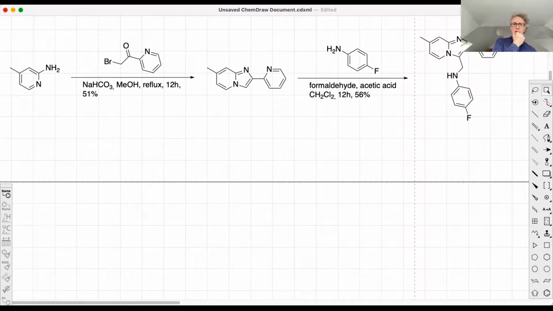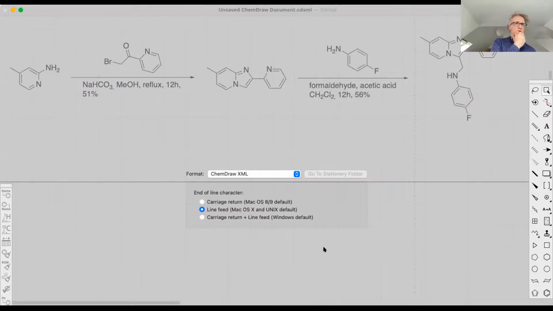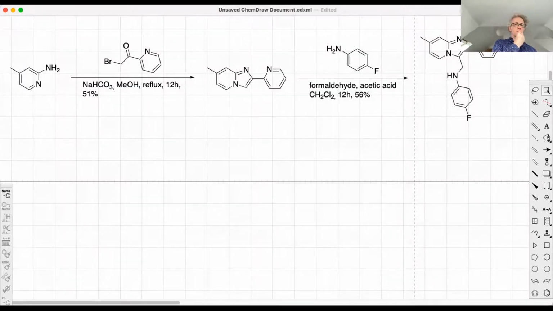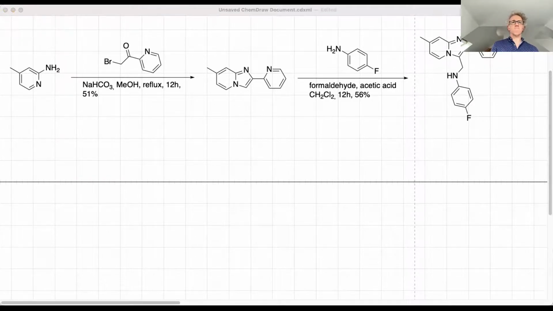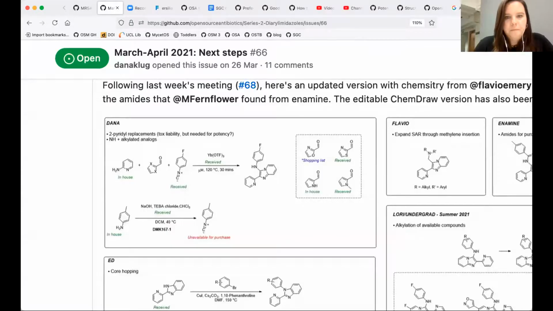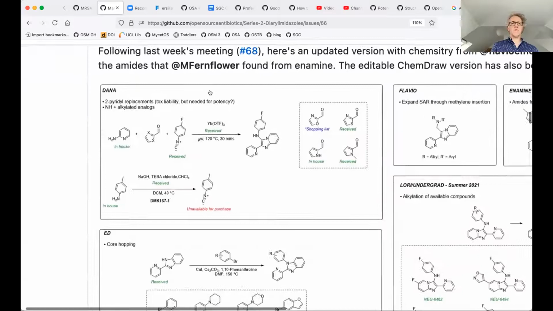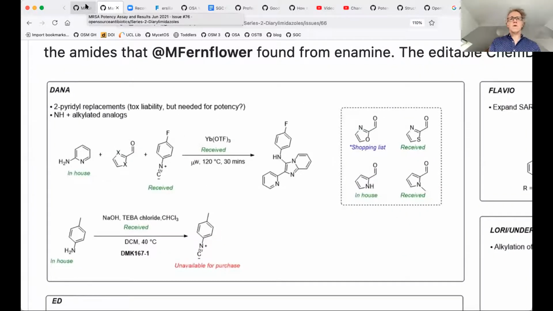And Dana, you were doing one pot, right? Do you have anything that summarizes the structures, or is it still basically according to the plan that we had? Yeah, it is basically the same as what we discussed. 66. Yeah. That guy, right? Right. So, wow, I'm just blanking all the heterocycle names, but essentially, yeah.